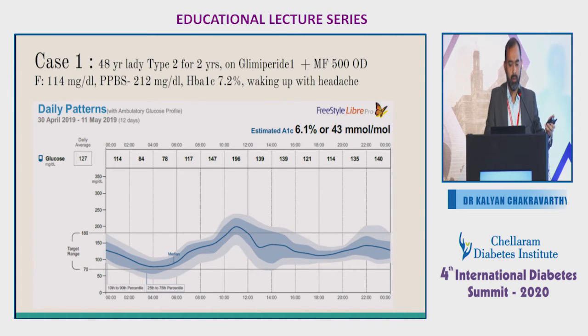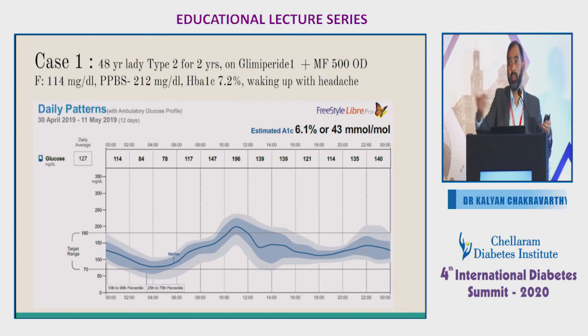So I put a glucose profile on. As you can see, there is a significant negatively unstable curve during the night, which means that she was having hypoglycemias almost 25 to 50% of the time at night, and a hyperglycemia post breakfast. There are different ways of treating this patient, because you can give acarbose and all, but if you're not doing a sensor application on this patient, you won't have this knowledge of the hypoglycemia.